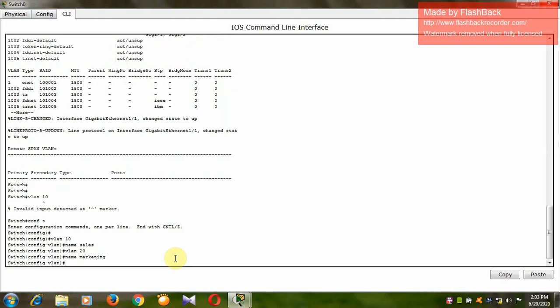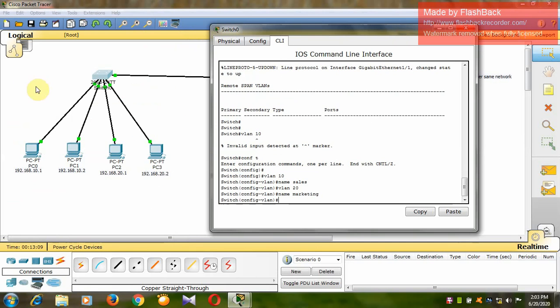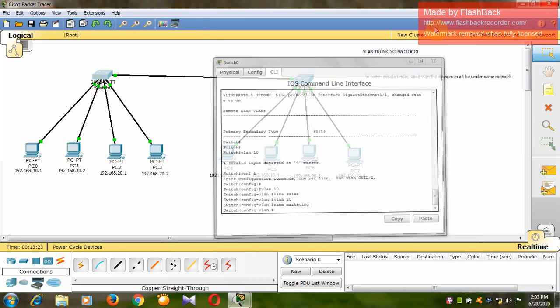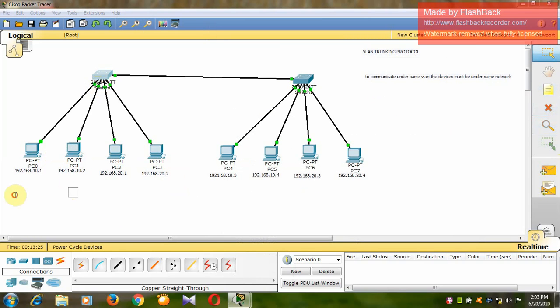Now I will put some of the ports under the same network. So these ports, F0/1 and F0/2, are under the same network. I will put these two PCs under VLAN 10, and I will put these two PCs under VLAN 20.